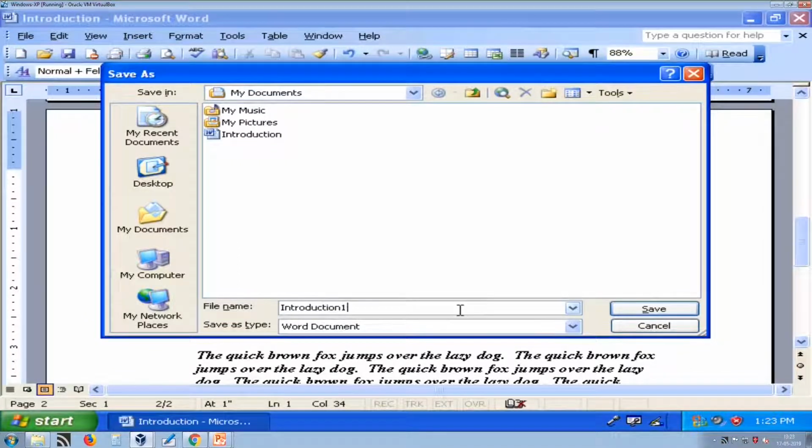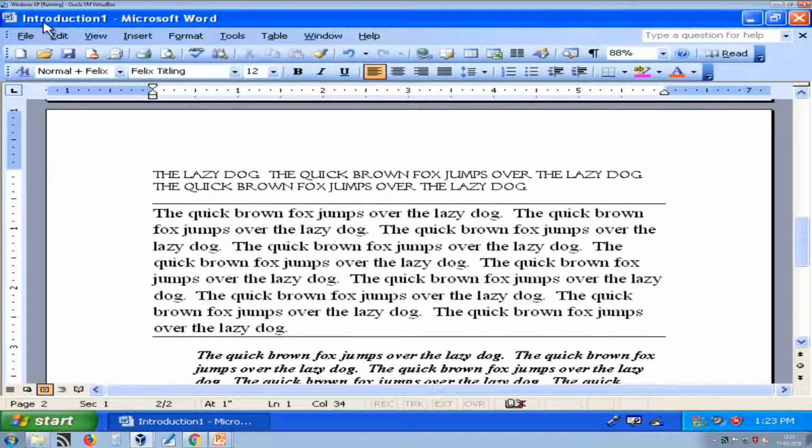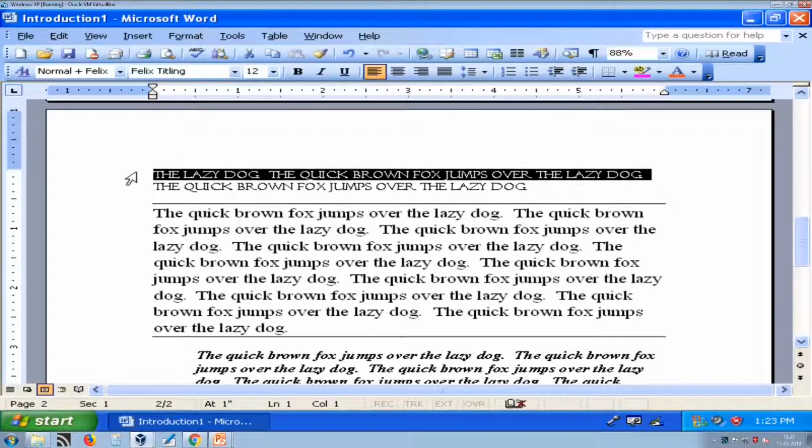So, you have to provide a different file name, otherwise it will not work. Here the previous file name is introduction. Now, introduction 1 is the new file name. So, I am just pressing save. So, the previous file is as it is. Now, the new file you can modify without disturbing the first one.